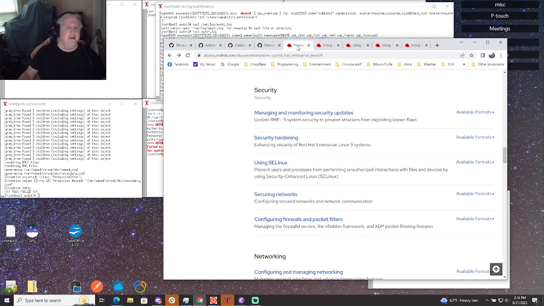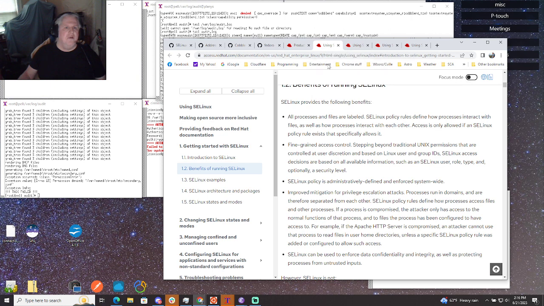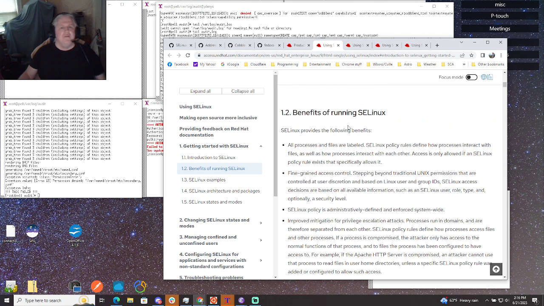Over here in the Red Hat documentation, since Red Hat Enterprise is the basis for Fedora and CentOS and Rocky Linux and Scientific Linux and all the others, it's a good spot to go for documentation, and I'll put links down below. Here we are talking about the benefits of SELinux,